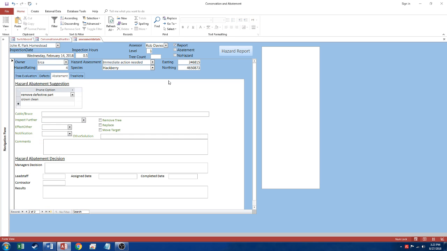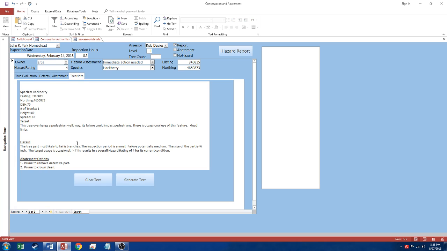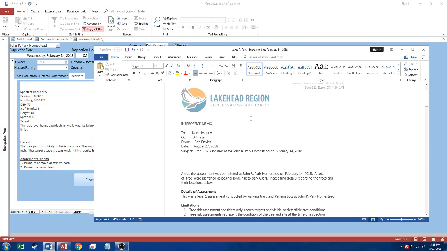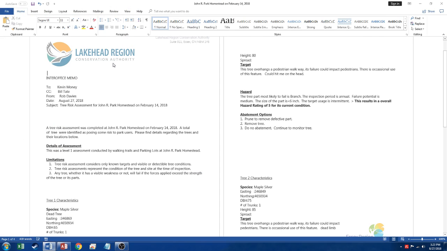So when you want to do a report, you click on Hazard Report, but you got to make sure that you've done this for all the different trees. Now it generates the text for the hazard report, but also opens up Word, and it generates the hazard report. I've got the Lakehead region. You can ignore that. You can have anything you want there. And then I think this is kind of hard coded. This gets inserted. These first lines you could change, and then the date of the assessment and where it was, and then this is the overall visit here,